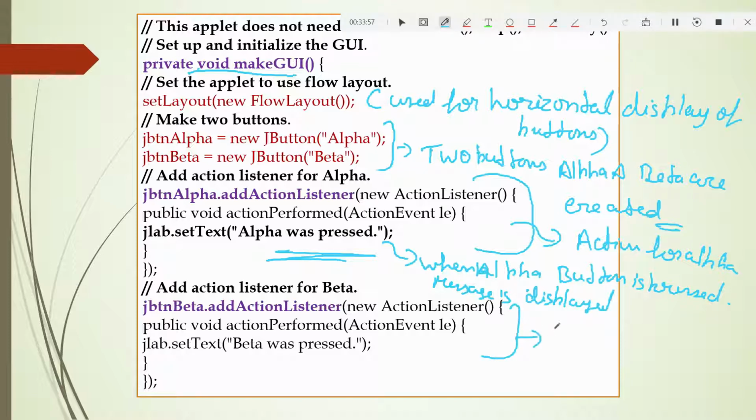Similarly, when the beta button is pressed, a message is displayed.